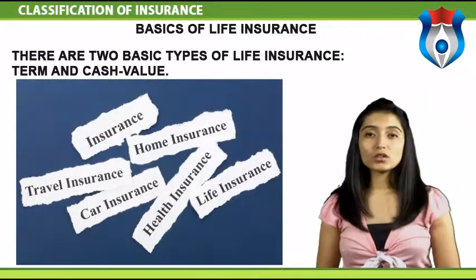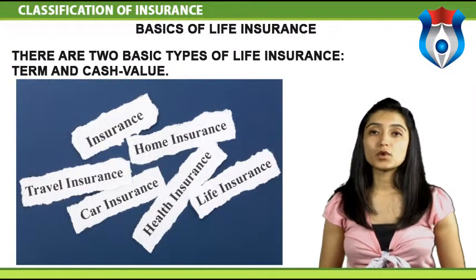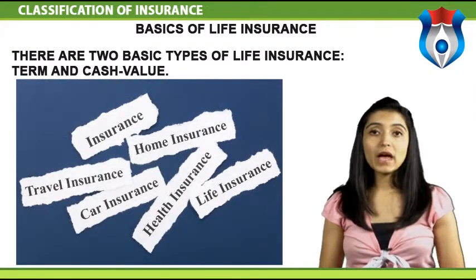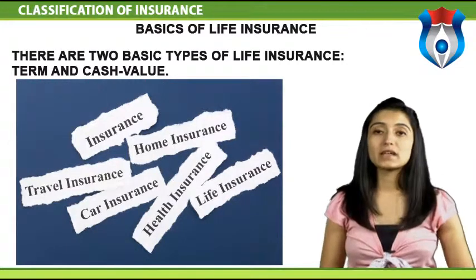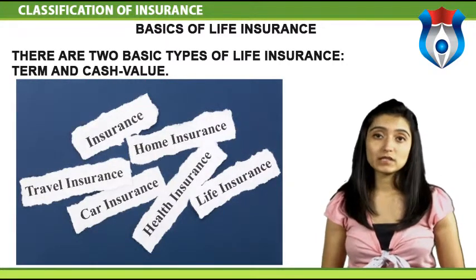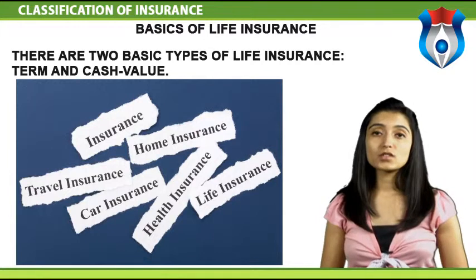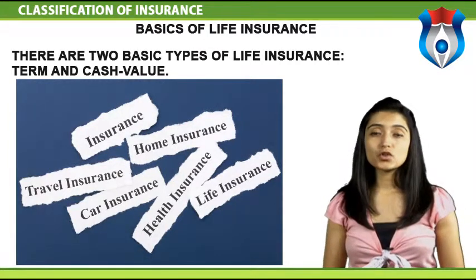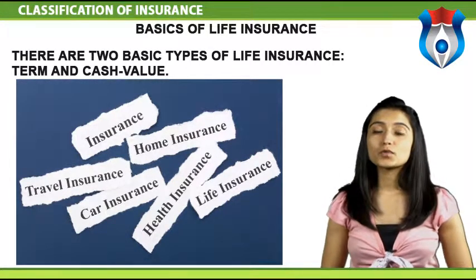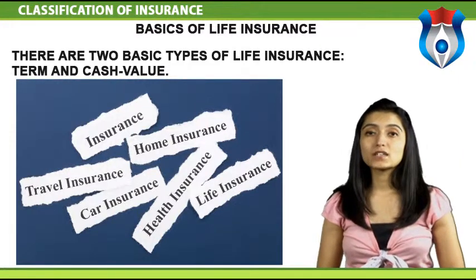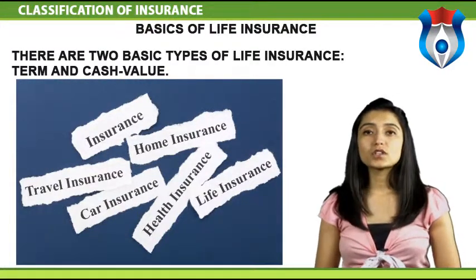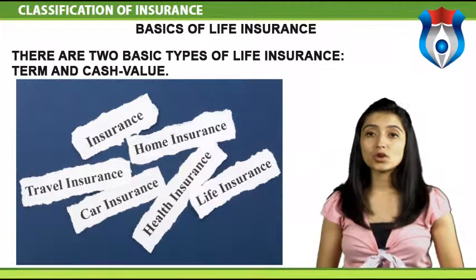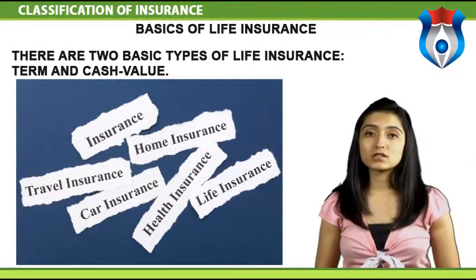One variation on term insurance is a level term policy. Both the premium and the face value of the policy remain level in this type of policy. This is why it is called level term. The insured person pays the same premium throughout the term of coverage, say 20 years, and the amount the insurance company pays when the insured person dies remains constant.